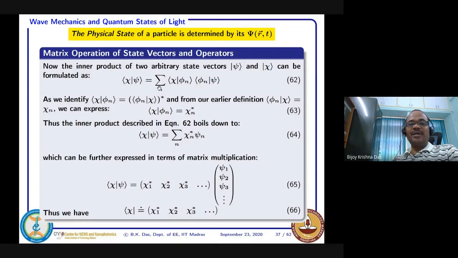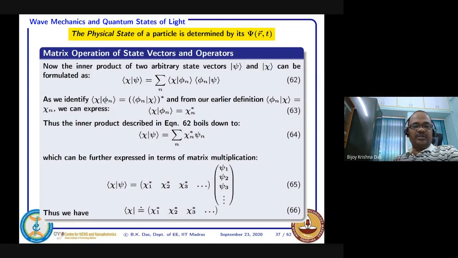You are just summing up, and you see the ket phi n and bra phi n here in between chi and psi. So you understand this one is nothing but phi n psi, which is psi n, and this one is nothing but chi n. This expression is very important; frequently we need to use it. If you have an inner product like this, you represent it like this. If you want to interchange phi n and chi,